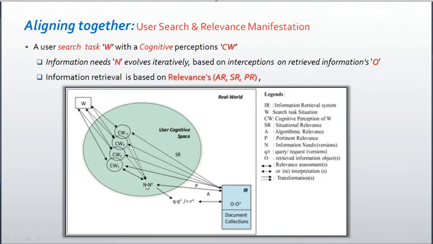So this is one way of completing the task, right? There is one transformation from W to CW, CW to N to R. So we have three transformations for one such task, right? So now this is one way. Now after getting the result R,